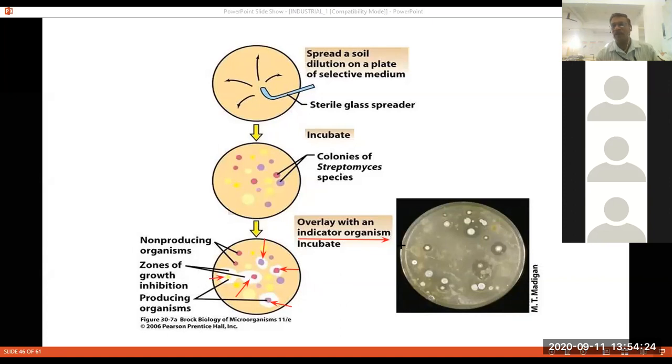Okay, now see here, this is our nutrient agar plate. This is our laboratory one. In this plate, this will be the clear zone of inhibition. This is another case, again a clear zone around the colony. This is another fungus producing an antibiotic. This is another one which can produce antibiotics. This is another species, again showing a zone of inhibition. So that will be the clear zone which inhibits or kills the microorganism, but not the self one.